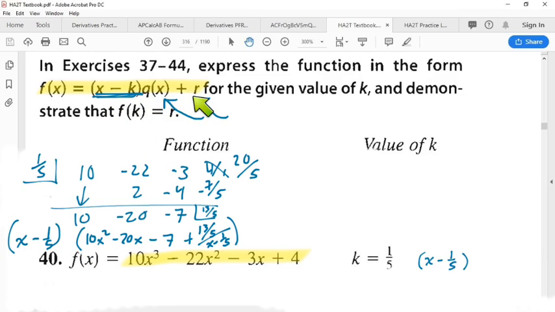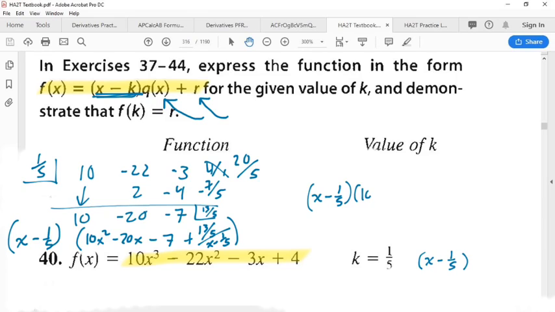us to write it like this. So I'm going to take this right here, the x minus 1/5, and I'm going to multiply it times the last part. If I just multiply this times the last part, that would just cancel out the denominator, and we'd be left with 13/5. You guys still tracking with me? Well, why would you only multiply by that one? Because I want to have the x minus 1/5,